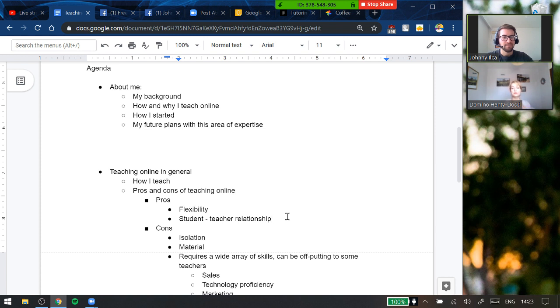The pros, I would agree, flexibility. It's really nice building up that rapport with your student and building a relationship. I'm talking to a lady at the moment who's applying for a traineeship in Turkey, and I've been talking to her for about 3 weeks now. We've gone through all the steps. We've practiced her interview questions, and today she has a big event where they're all going to go to the company and find out more. So it's been nice to have that sense of continuance with her, that I know her story.